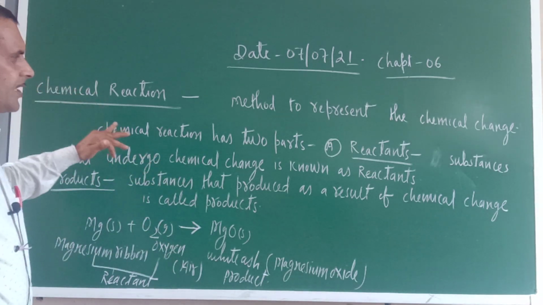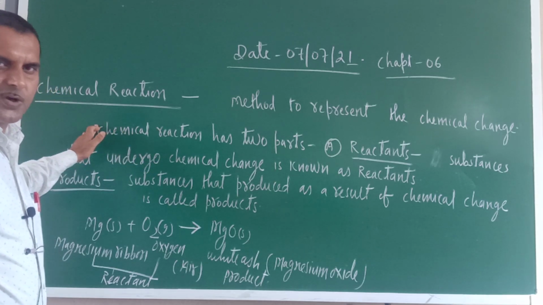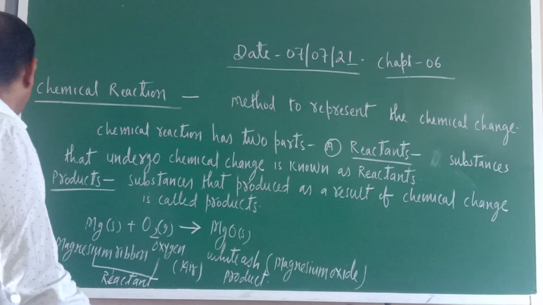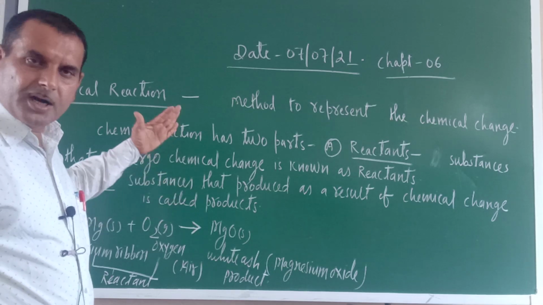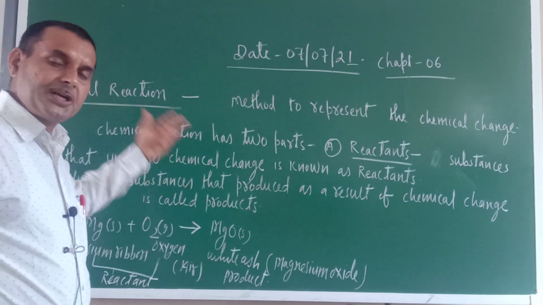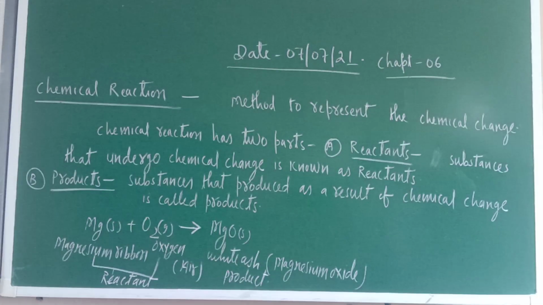Under this topic, 3-4 reactions are there, and we'll complete all those reactions. I hope you understood the meaning of chemical reactions. It is very much associated with chemical change. Chemical change we generally tell in words, but if it is written with the help of symbols and chemical formulae, that becomes a chemical reaction.